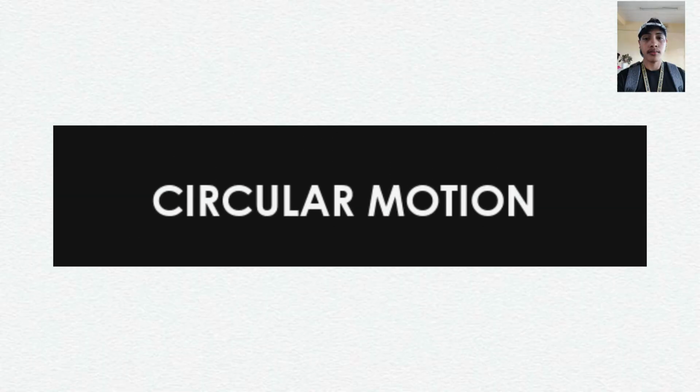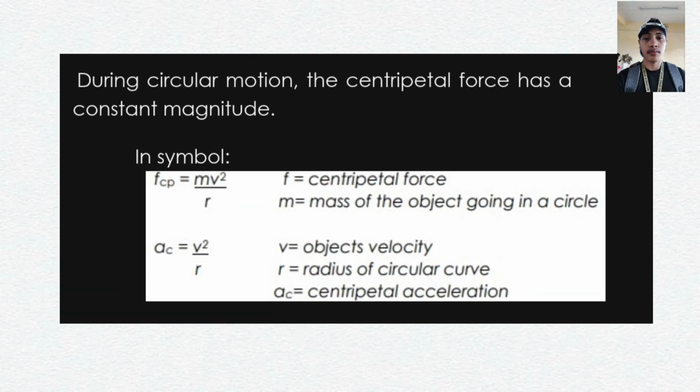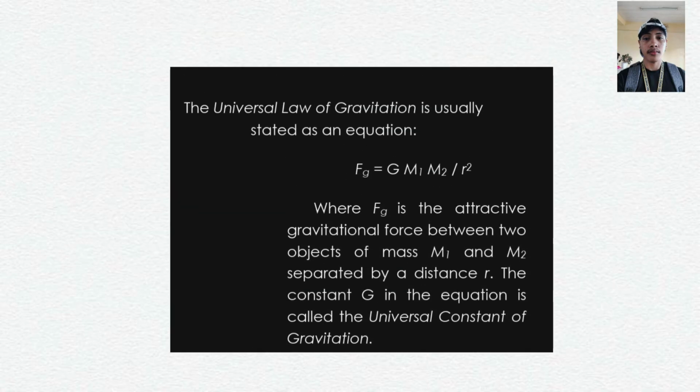Circular motion. During circular motion, the centripetal force has a constant magnitude. In symbols, F equals centripetal force, and m equals mass of the object going in a circle. v equals the object's velocity. r equals the radius of the circular curve. a_c equals centripetal acceleration. The universal law of gravitation is usually stated as an equation, where F is the attractive